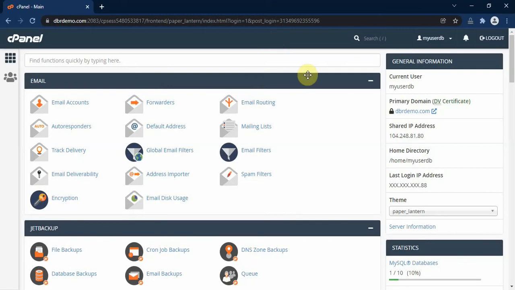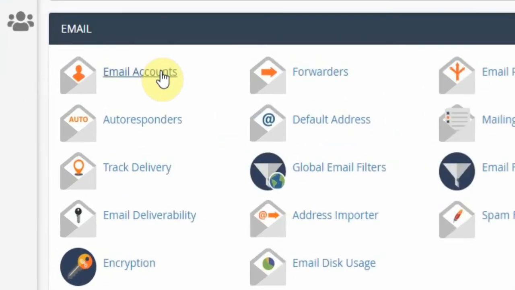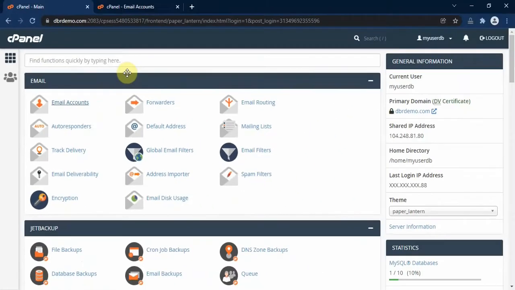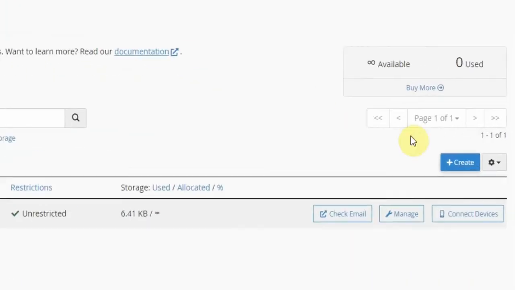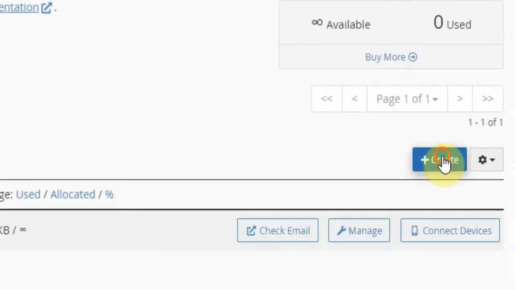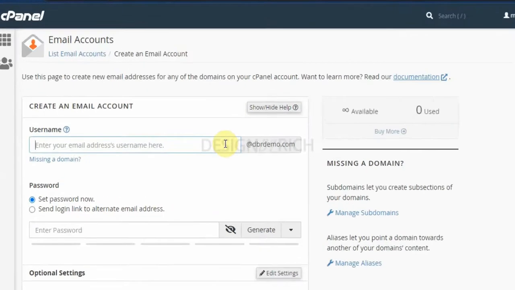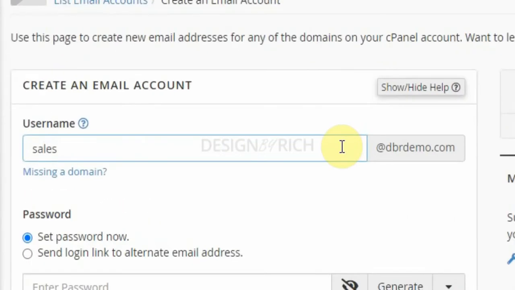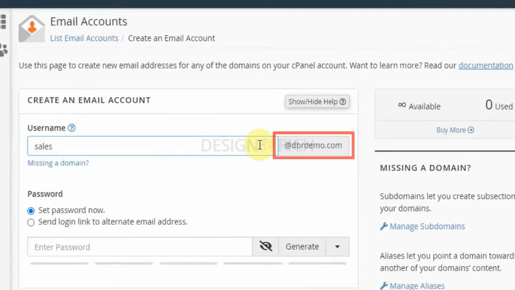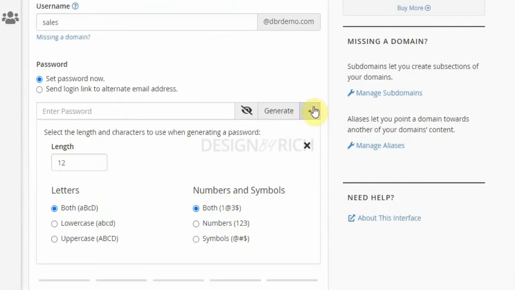So we locate the email section and then right click on the email accounts link here to open in a new tab. Next, we click on the create button here, then enter our email, sales at our domain, in this case dbrdemo.com. Then we'll